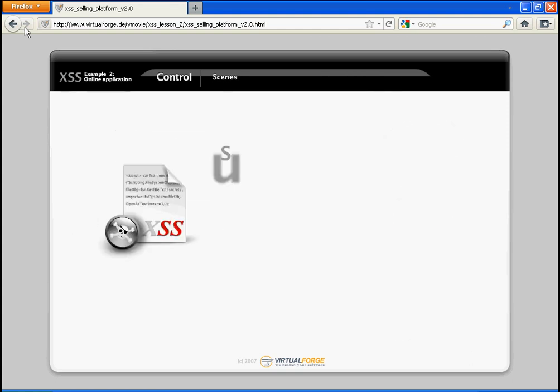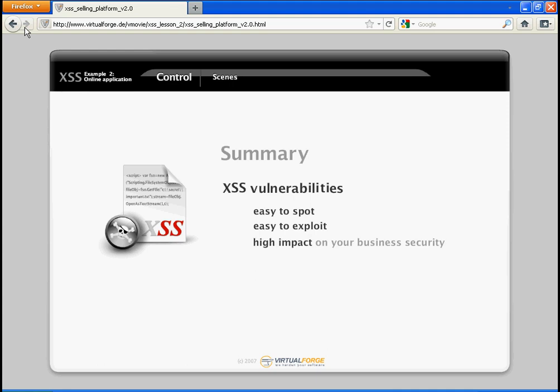Let's give you a brief summary. XSS vulnerabilities are easy to spot, easy to exploit, and have a high impact on your business security, and that makes them really dangerous. But XSS can do more than just steal files. Therefore, other Virtual Forge cartoons exist that show different kinds of